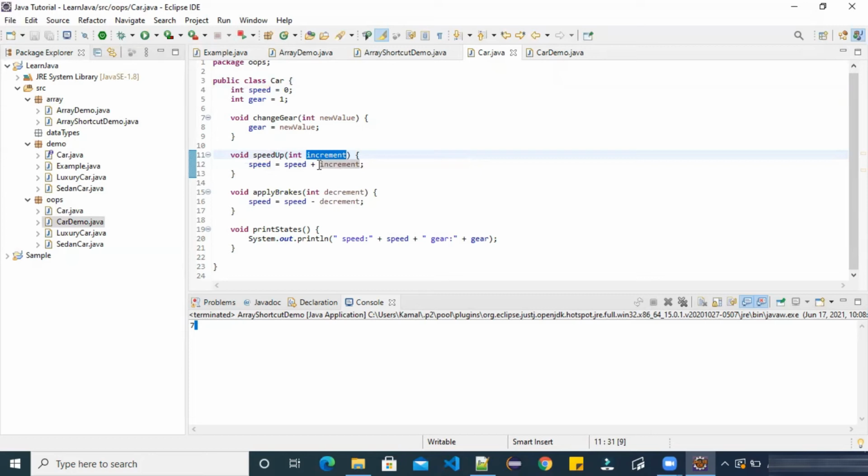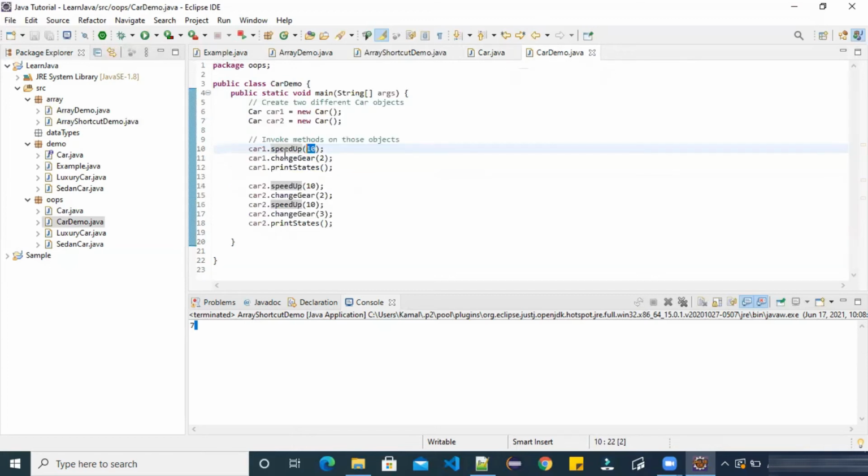So speed plus 10, 0 plus 10, is assigned again to the variable speed so that it can hold this value. Otherwise it will be lost. If we only use the expression, the value will be lost. We have assigned the incremented value again to the speed variable. The speed state is holding the current value after the increment of 10.